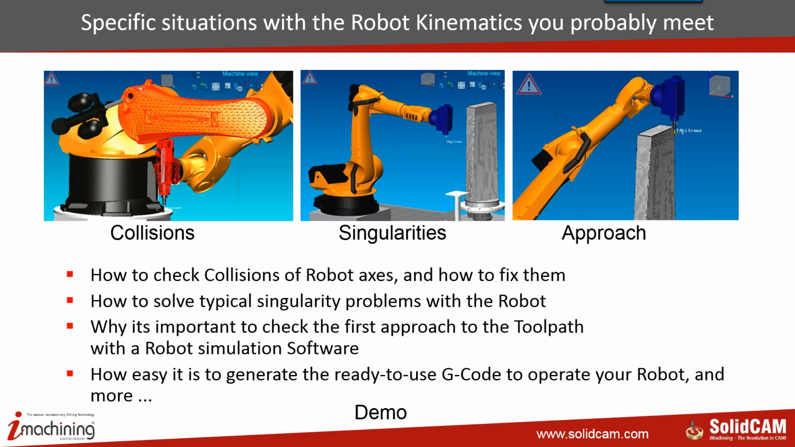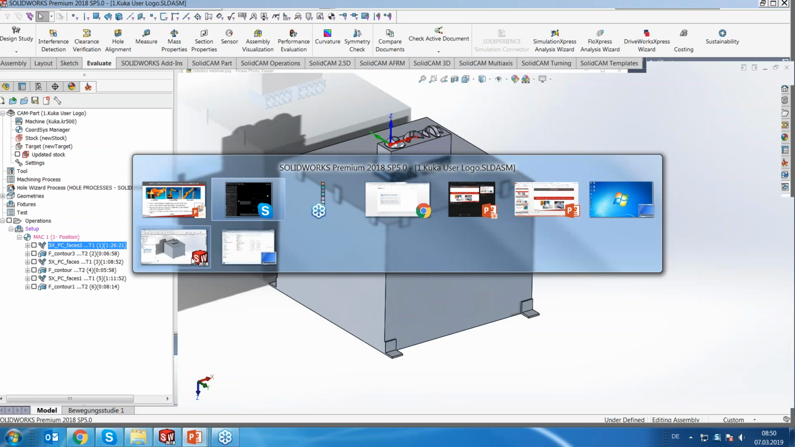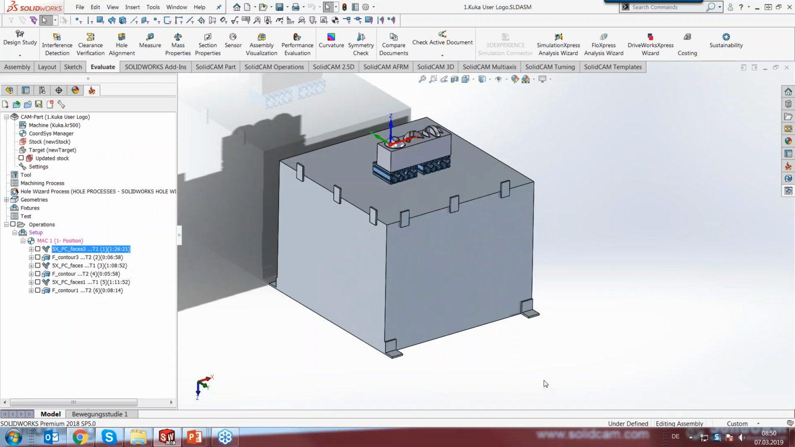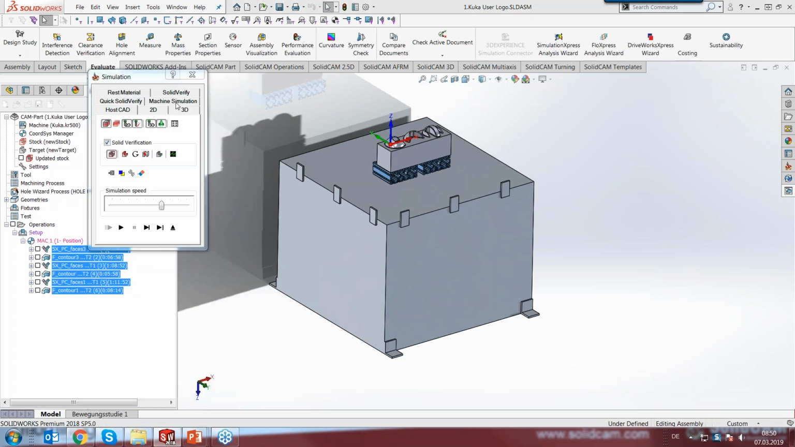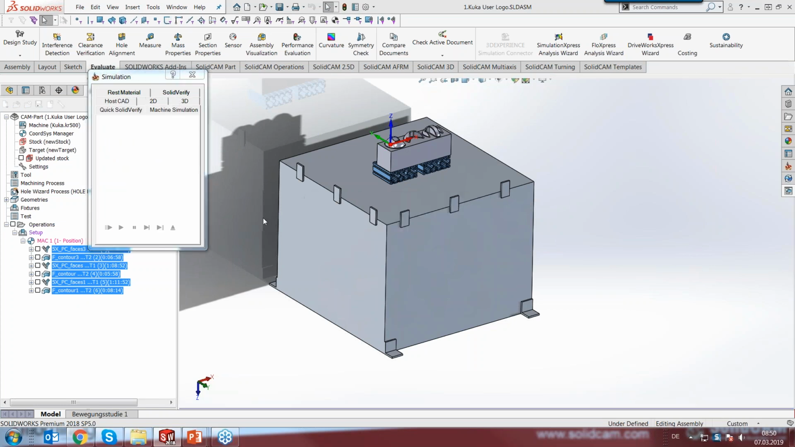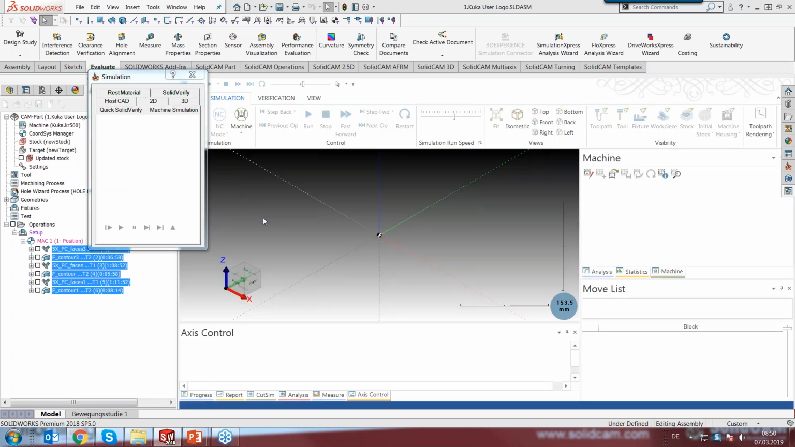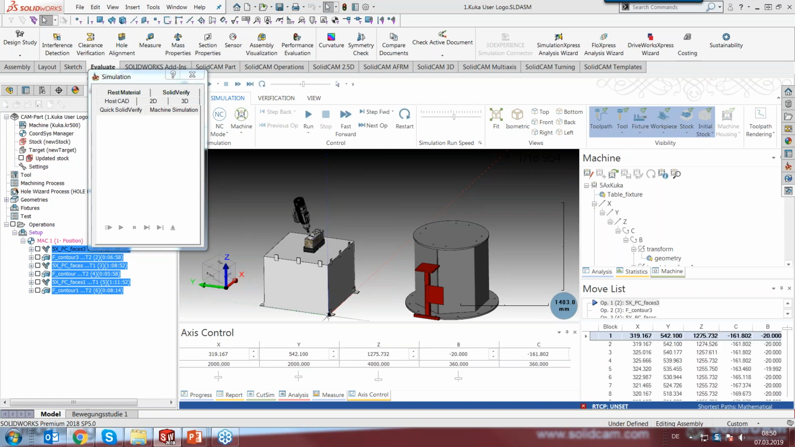So I'm switching to SolidCAM. This is the same project we saw already, with some more operations, and I want to show you shortly the setup again, or the machine simulation. We can talk about it also in the machine simulation. Why is a machine simulation added to this project? Because